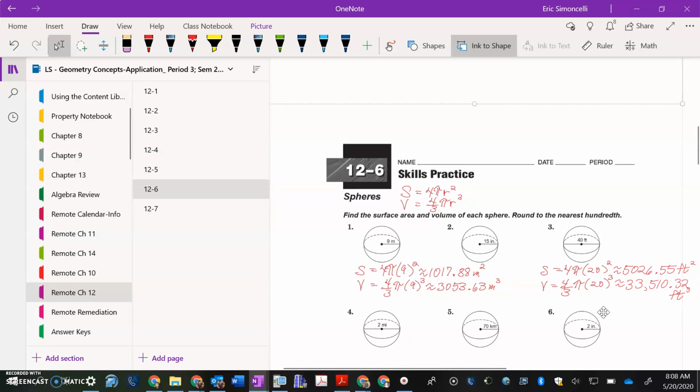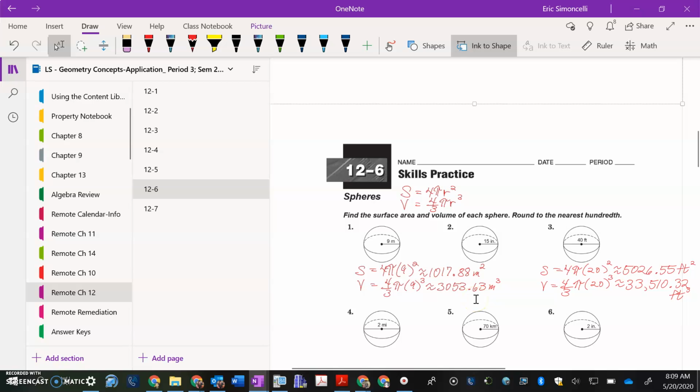On the next page, I do have a couple problems that I wanted to go through, numbers 1 and 3. Spheres can be defined as we've seen on the prior page, but more specifically using surface area. As you see with this formula, surface area S equals 4 pi r squared, and volume 4/3 pi r cubed. So for number 1, we have a radius of 9. The surface area of this particular sphere is 4 pi times 9 squared, and that roughly ends up being 1017.88 meters squared. The volume of the sphere, 4/3 pi times 9 cubed, which ends up being roughly